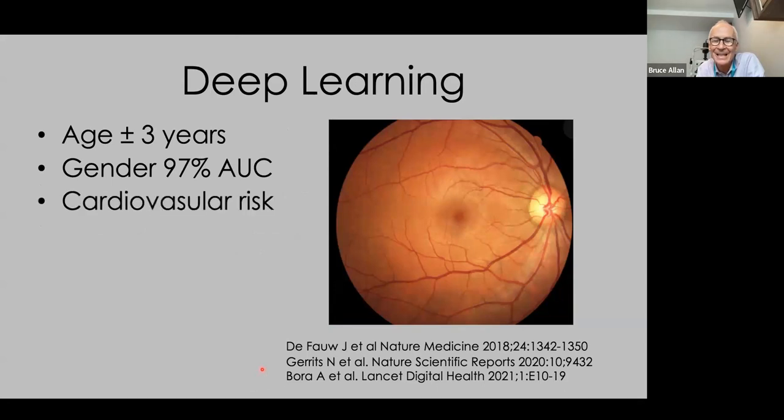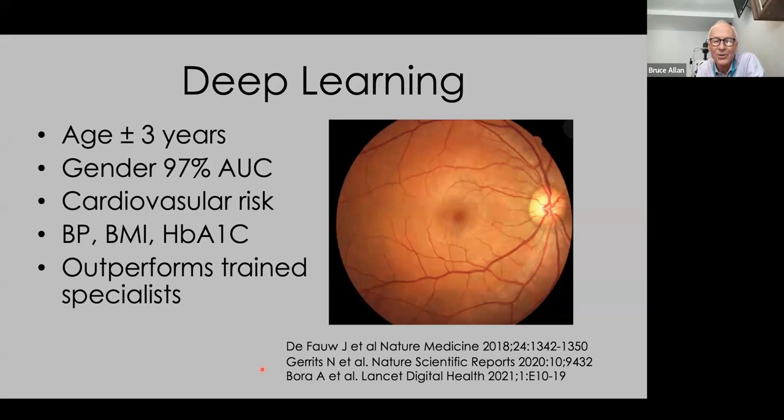So it can do things that you and I can't do. And it can predict cardiovascular risk from a retinal photograph. It can predict within reasonable accuracy your blood pressure, your body mass index, your hemoglobin A1C, and these indicators of cardiovascular risk. It outperforms trained specialists in sorting